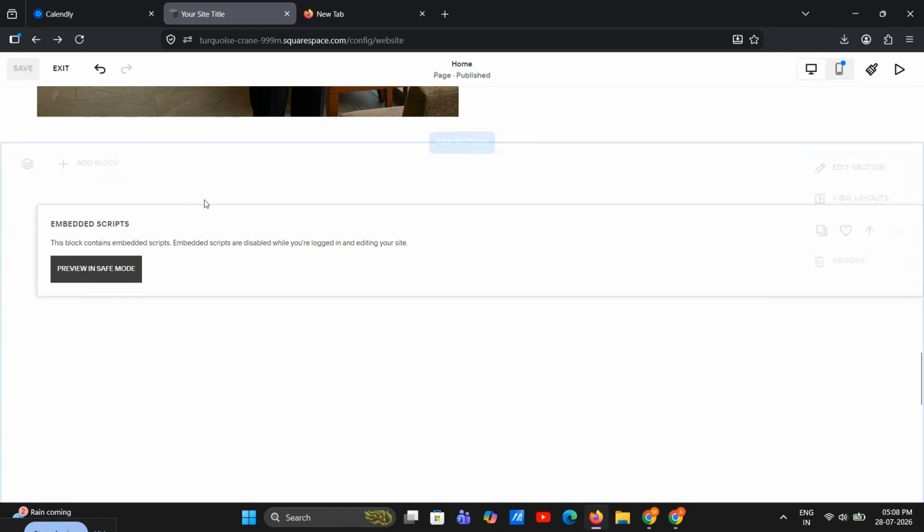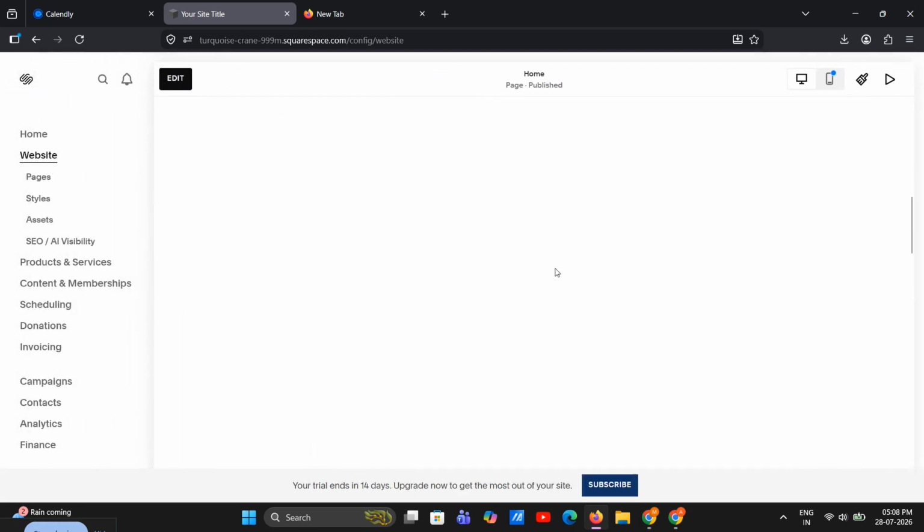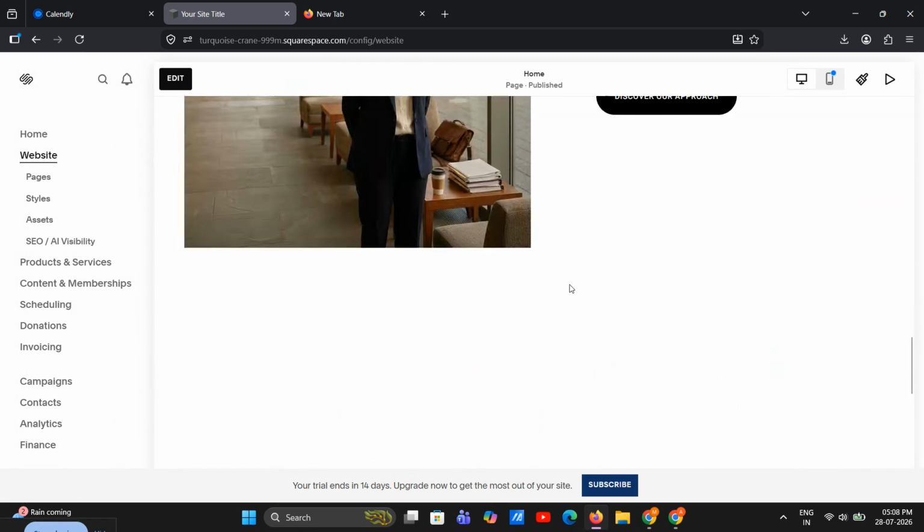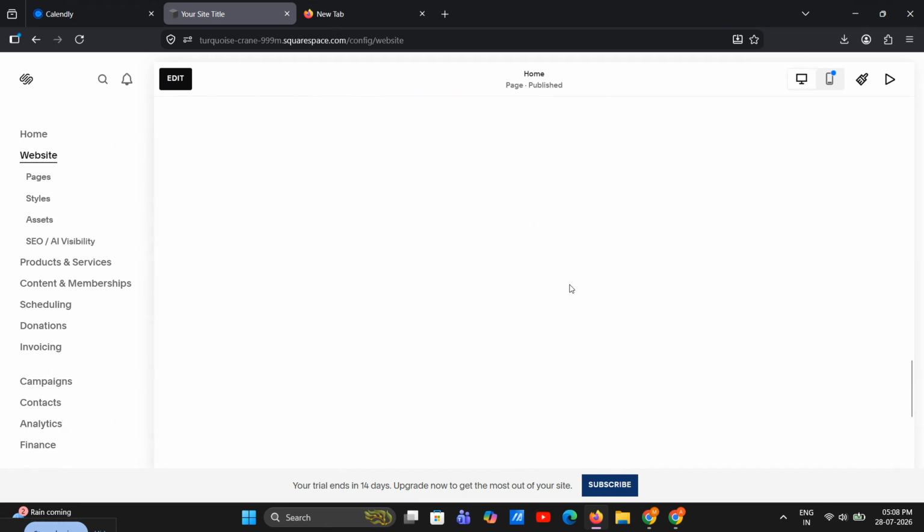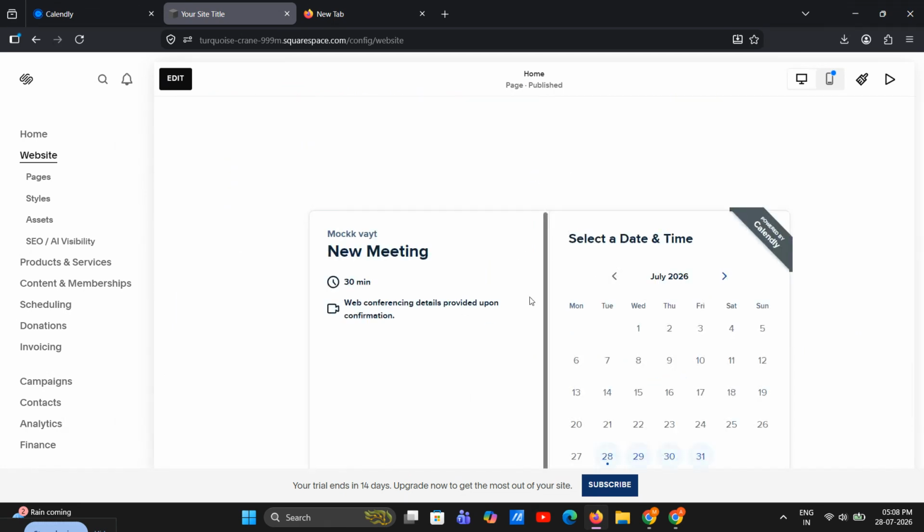And that's it. You've now successfully integrated Calendly with Squarespace. Your visitors can book appointments right from your website, which makes the whole process smoother and more professional. This is one of the easiest ways to turn your Squarespace site into a simple booking system without needing any